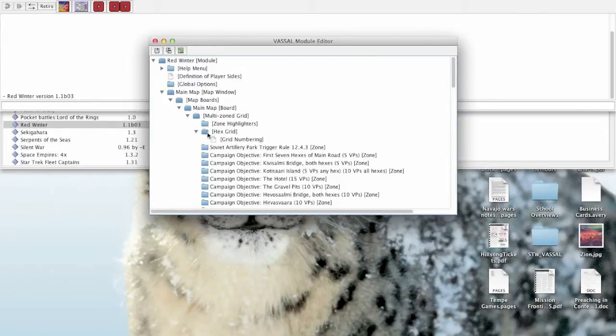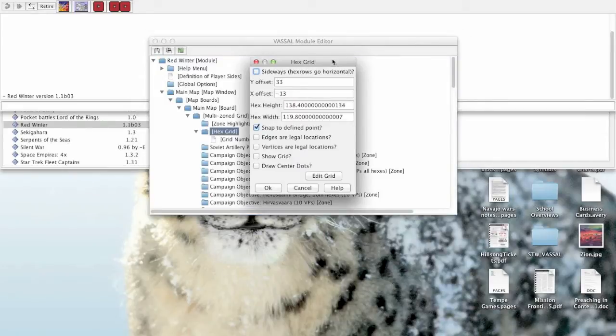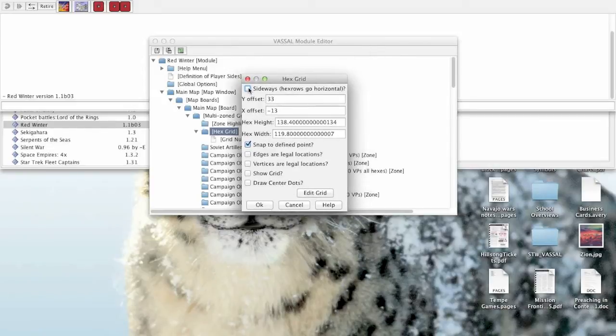Hex grids have two things. There'll be a folder, and then there'll be an item under that folder. The item under is the numbering system, and then the folder itself is the grid. So we're going to double click on the grid to look at its properties. The checkbox here, sideways, hex rows go horizontal, that's self-explanatory. The offsets, the hex height and width, that's something you're going to have to tinker with and figure out on